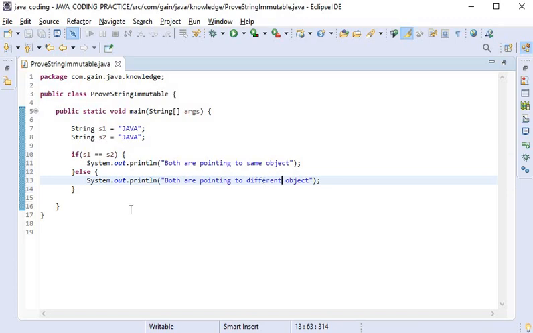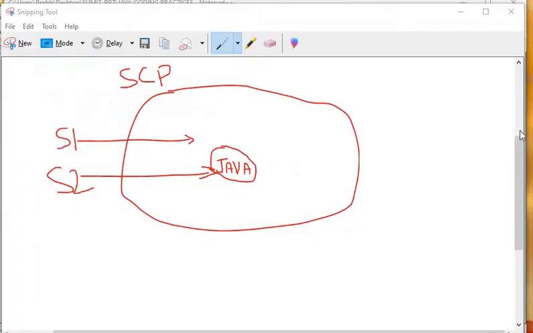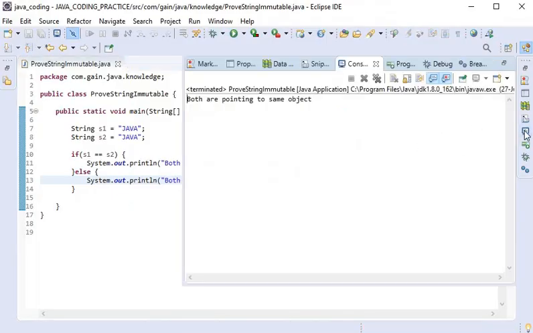Now I will run this application and check the output on the console. Both are pointing to the same object.